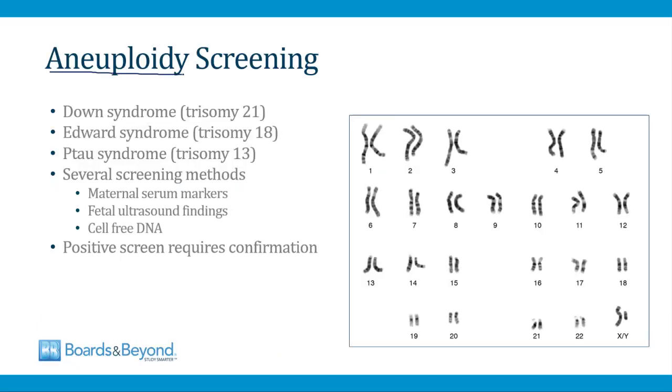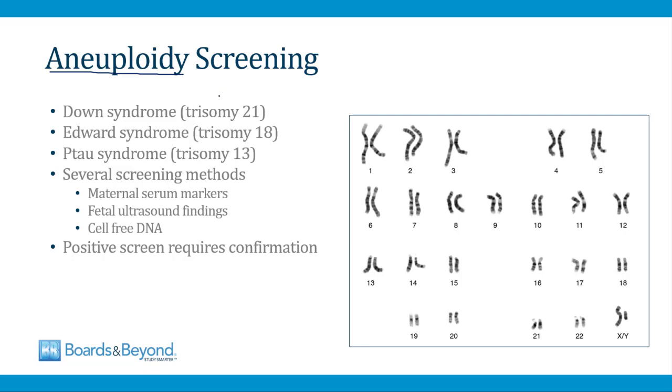Aneuploidy refers to an abnormal number of chromosomes, and sometimes the fetus develops either missing a chromosome or with an extra chromosome. In most cases, this is not compatible with life and it will lead to a spontaneous abortion. But there are some forms of trisomy that can lead to a live birth, and we can potentially screen for